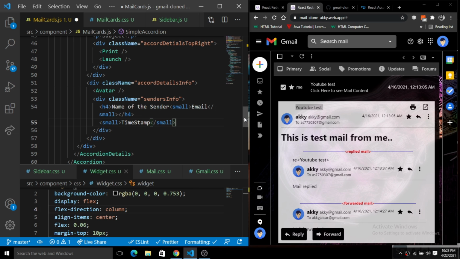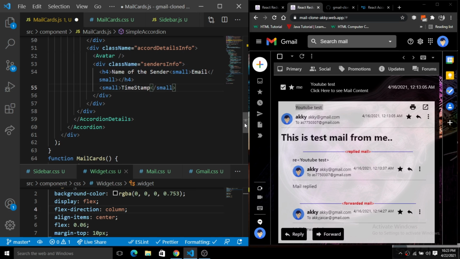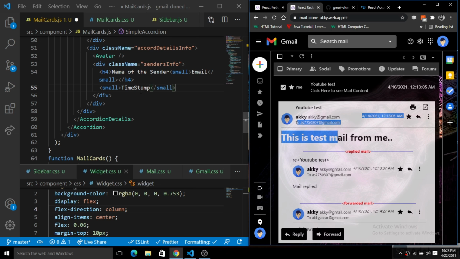And next we have a to mail. So to whom the mail has been sent, we have this to mail there. So we will add a to mail there. Okay, so here we have this timestamp here. First of all, we will add the to mail feature, and then we will create a div for the timestamp. So instead of this small tag here, instead of this timestamp, we have to whom